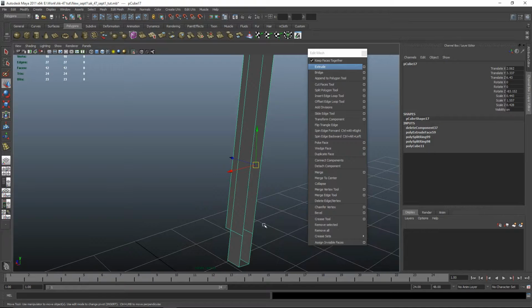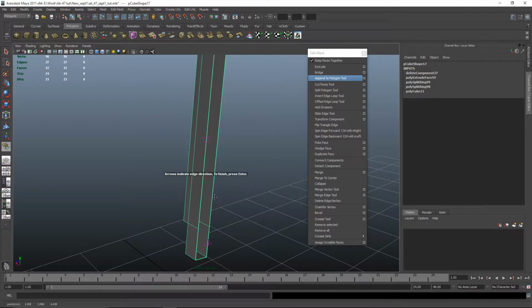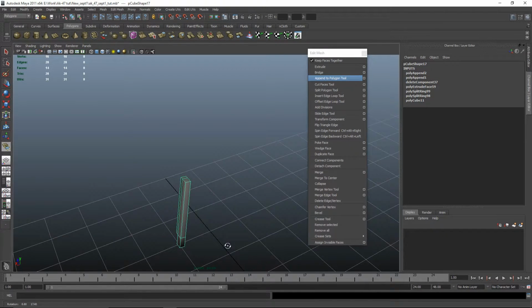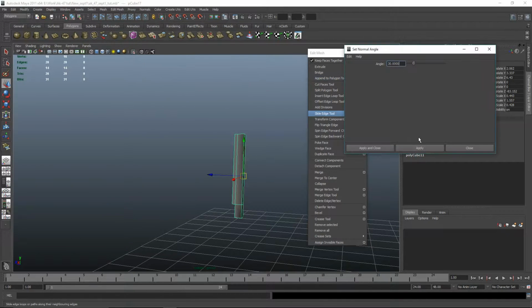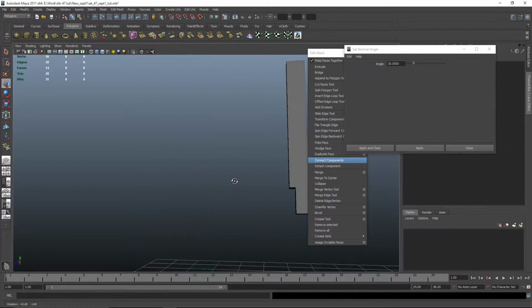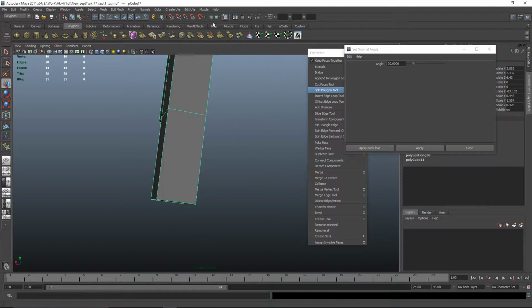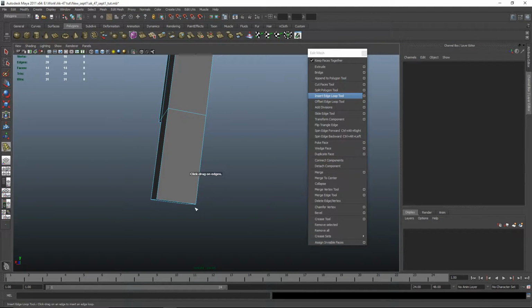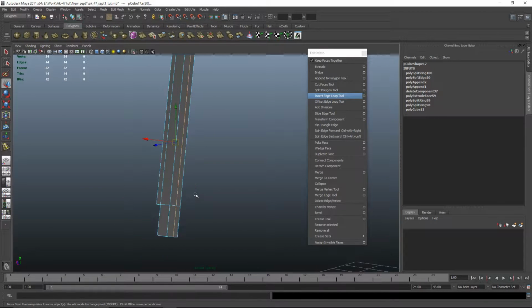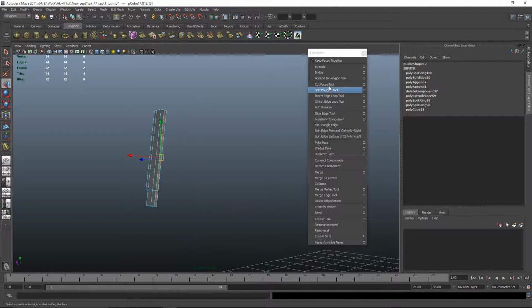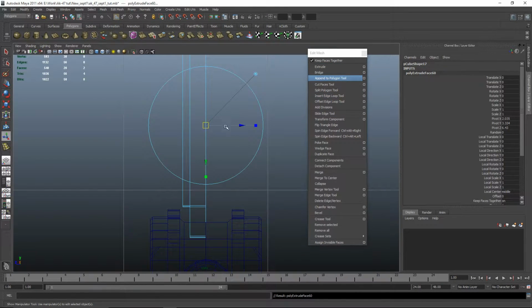Just going to isolate this really quick. And what I want to do is just append a polygon like this, and let's just go to normals, set normal angle, apply, here you go. And I'll also insert an edge loop like that in the middle, and extrude out these faces like so,